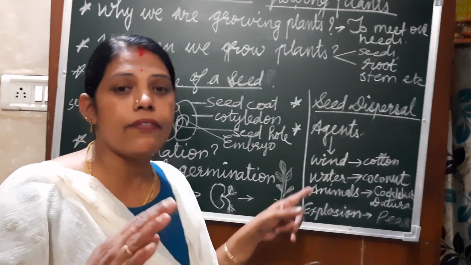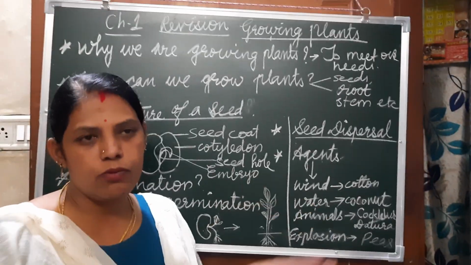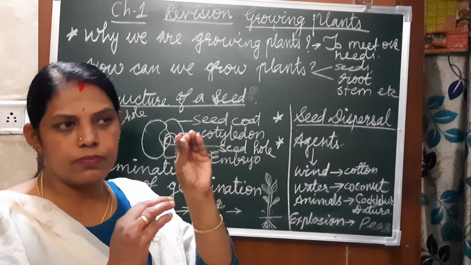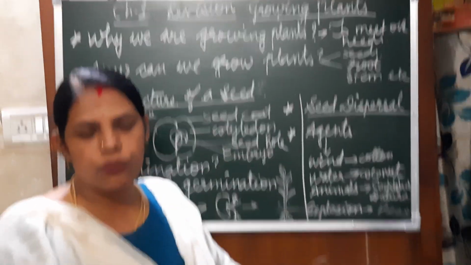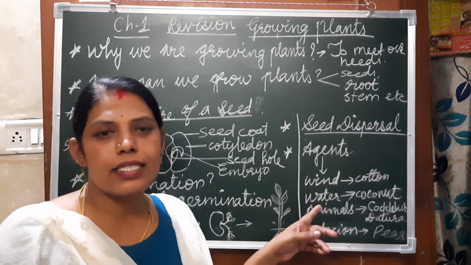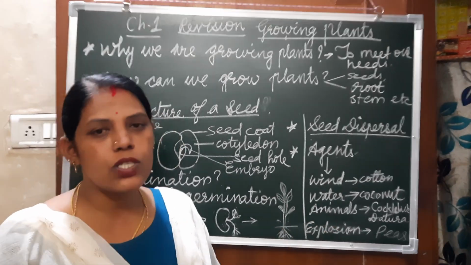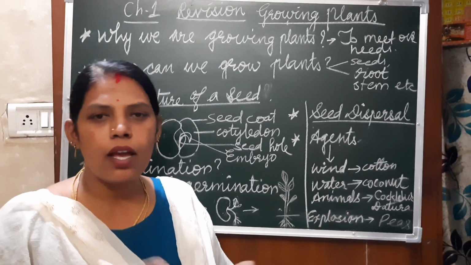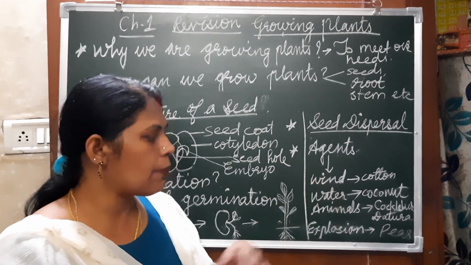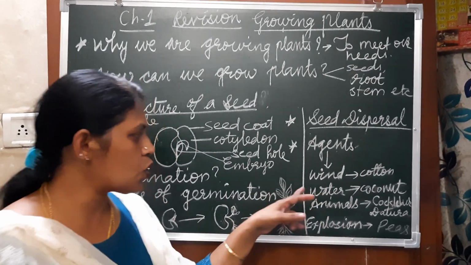And next, water. Water can also be another agent of seed dispersal. Near water bodies, some plants like coconut, their fruit falls down, and then the running water carries the fruit from one place to another place. Not only that, the lotus also grows in the water only, right? When its seed comes out, that will be spread from the mother plant to other places. Okay, that is by the water.